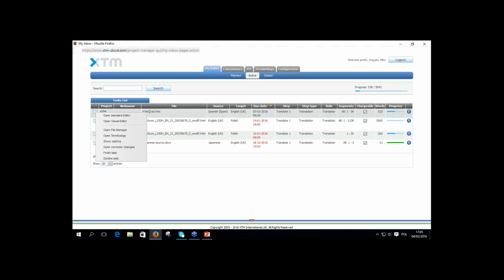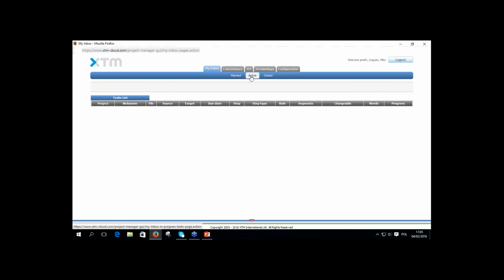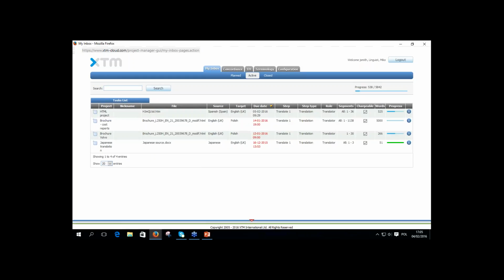Maybe to start talking about the editor, we have to say a few words about this view. That's the tasks list, which is the list of tasks available for translators, and they are in the active one now. You can see the due date for the project, the step, the translation step type in this particular case, and the role of a translator. So Mr. John Smith, logged in as J. Smith, can see now that he is